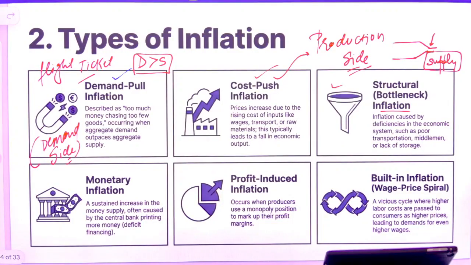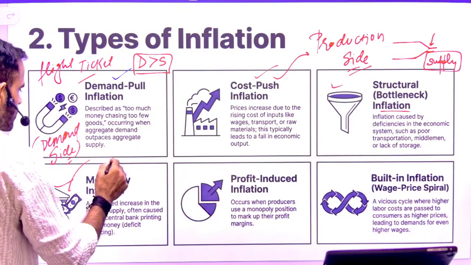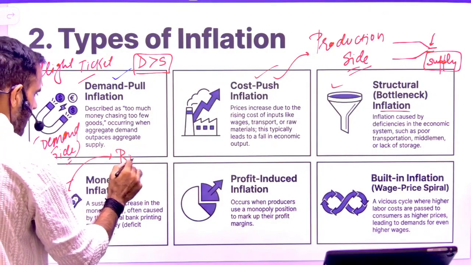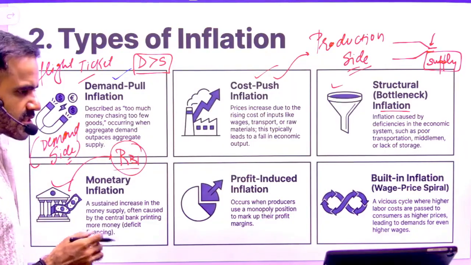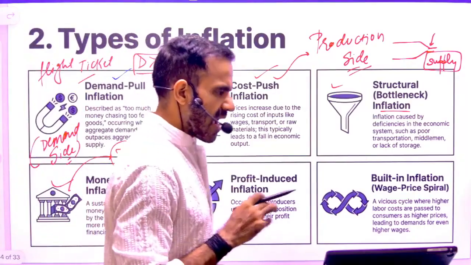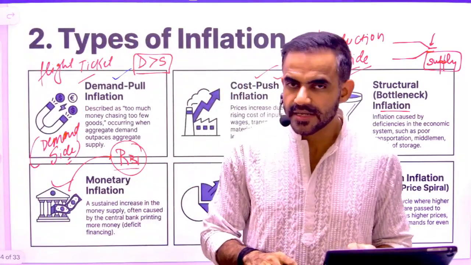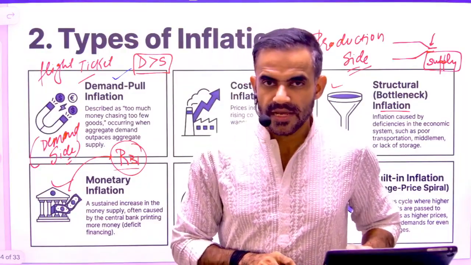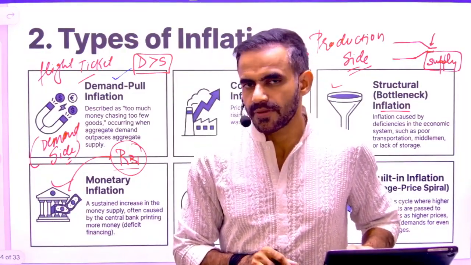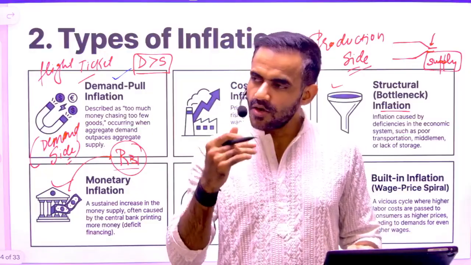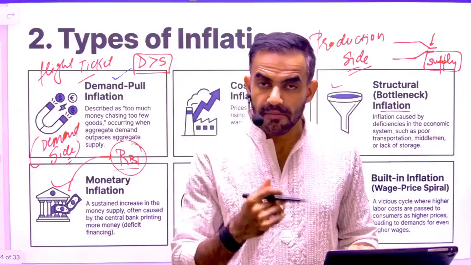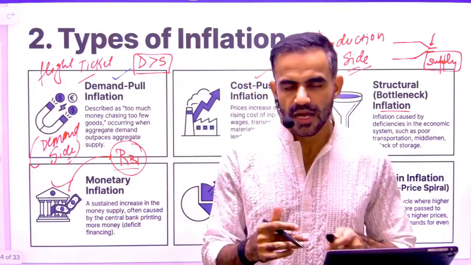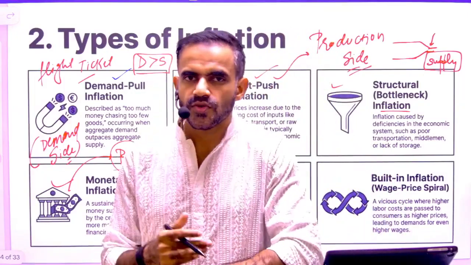Next is monetary inflation. Monetary basically means what? Monetary authority. Who is the monetary authority of our country? It is RBI. What is RBI? It is Reserve Bank of India. So RBI is responsible for printing new currency. Now understand. Let's say they have decided that we are going to print new currency and distribute it to everyone. Let's say the government decided and instructed the RBI governor that okay, print more money. I'm oversimplifying, of course. This is not how things work, but this is just for your understanding.